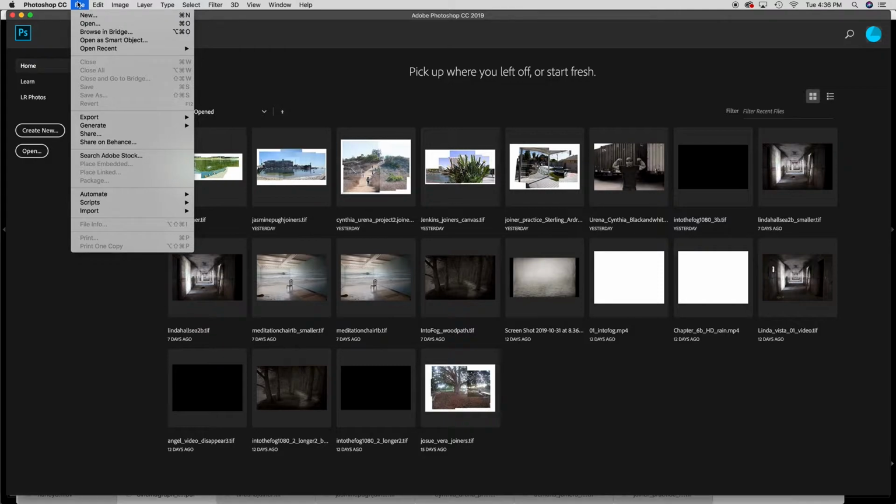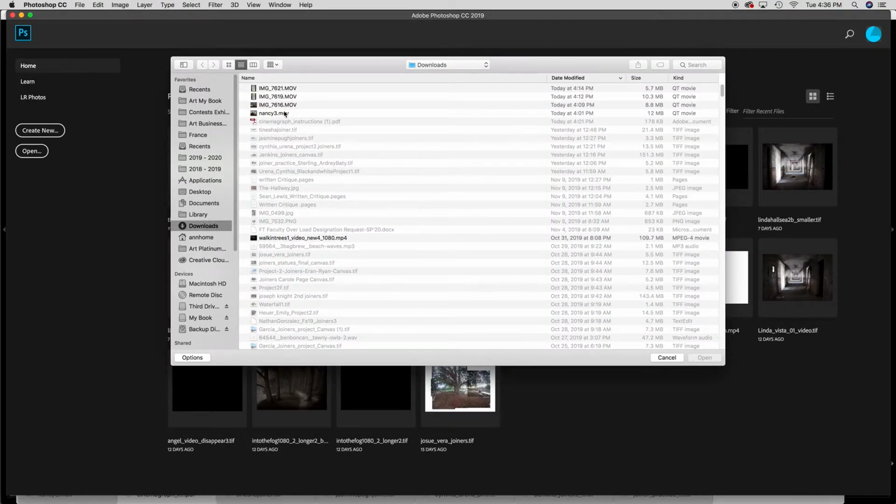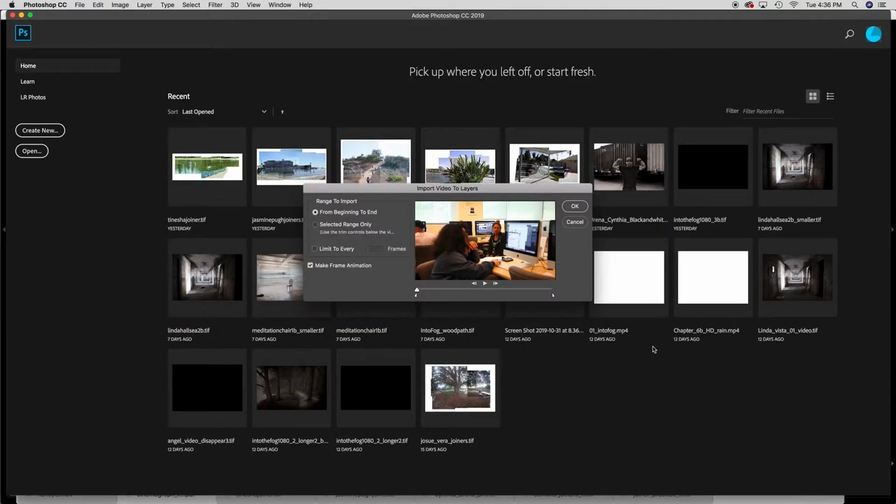Okay, so once you've done that movie, you're going to go ahead and go to Import Video Frames to Layers. I'm going to select an earlier one. And you have a couple of options when you import it. If you've already edited it down in, let's say, QuickTime, then you would select From Beginning to End.